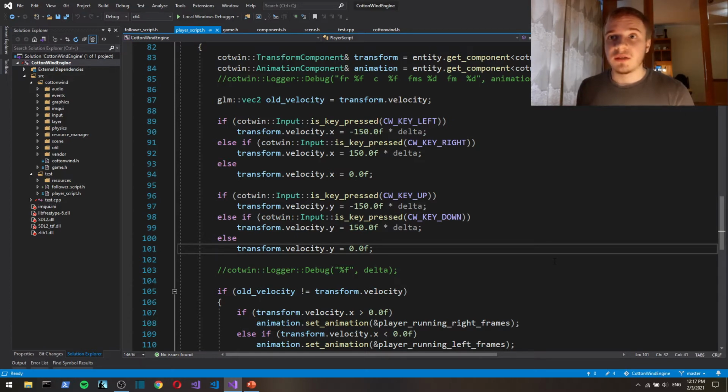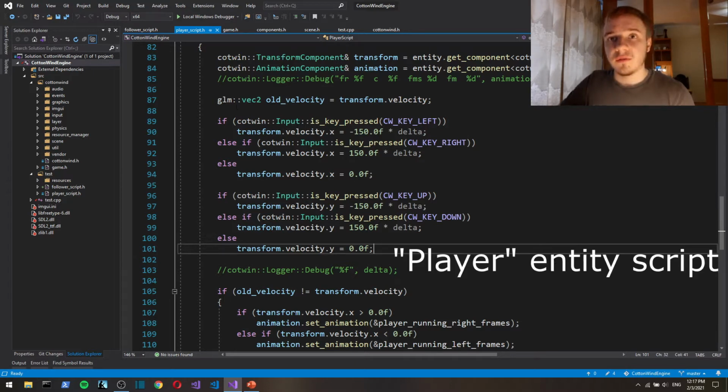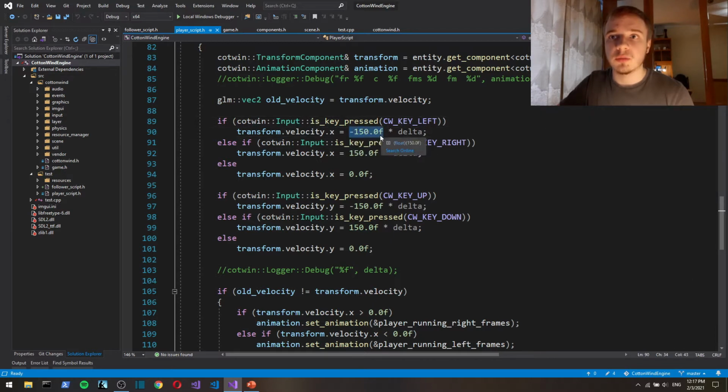Here I've got a basic script, and if you look at it, if I press left, then we give velocity of minus 150 multiplied by delta, so that the speed is not dependent on the frame rate.